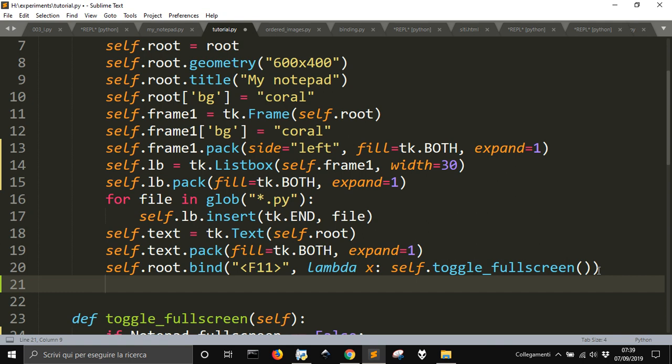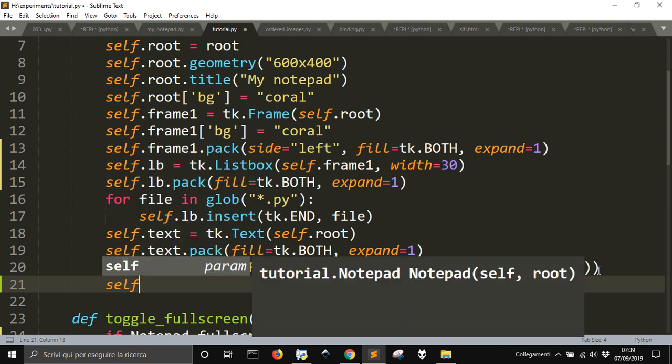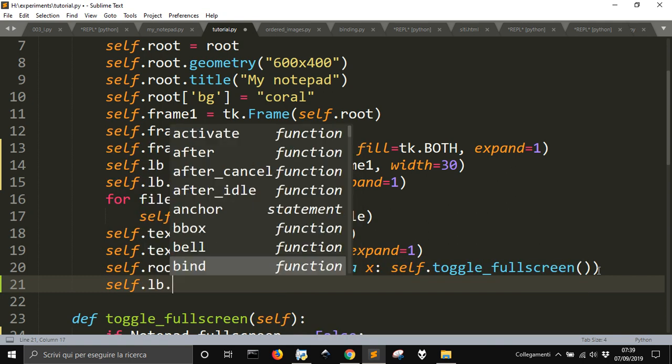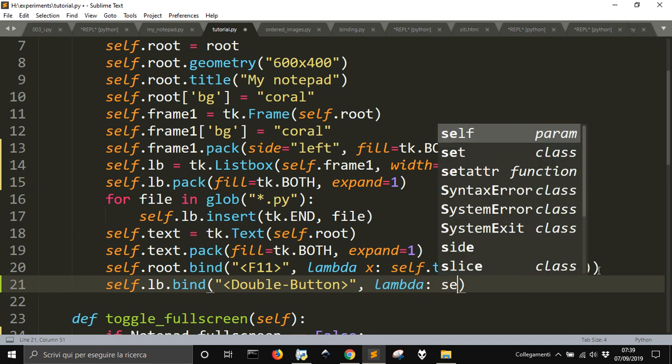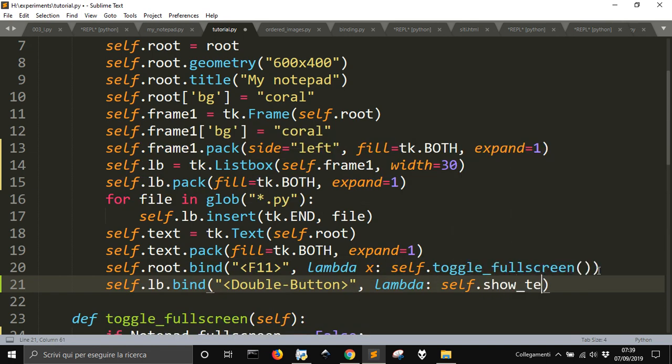and so self dot listbox lb bind double button, I think, will be lambda self dot show text, yes, and what show text of, yeah,